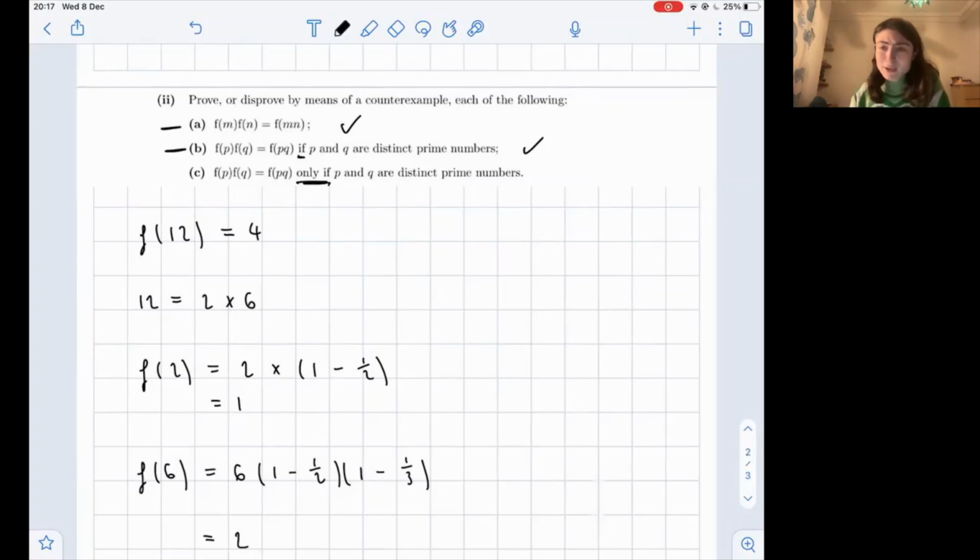So if we were trying to find a counterexample, we'd want to find a P and a Q where this holds, but they are not distinct prime numbers. Okay. So to be honest, I'm not too sure if it's true at the moment. So even if I'm not looking for a counterexample, I am just gonna try a few examples and see what happens. So how about I go with,